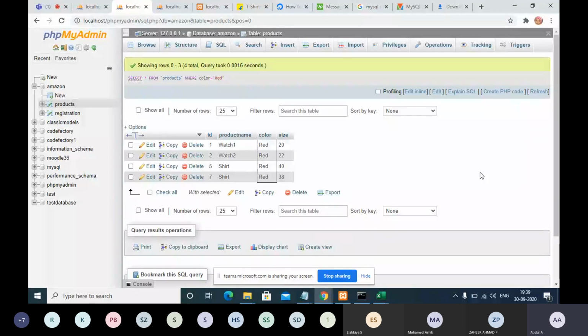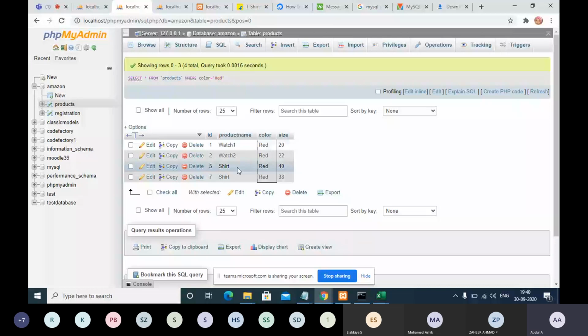So the color should be red. Now in the red color, multiple products are available. Watch is available, shirt is also available. But now I want only red color shirts, not other products. I don't want any other products.